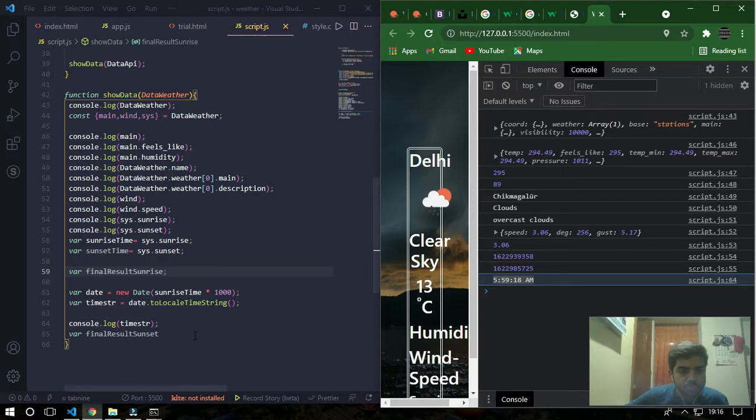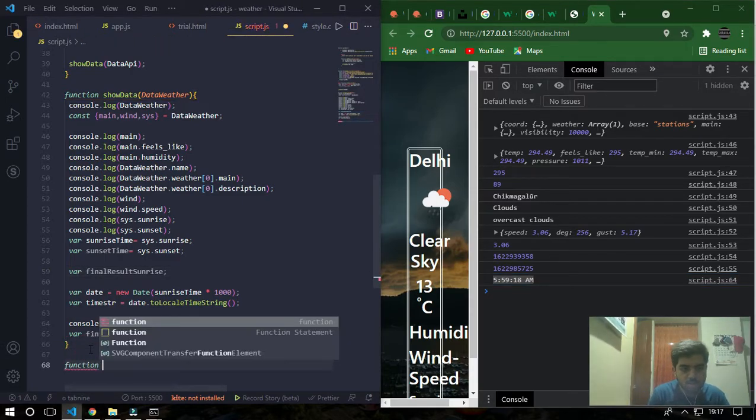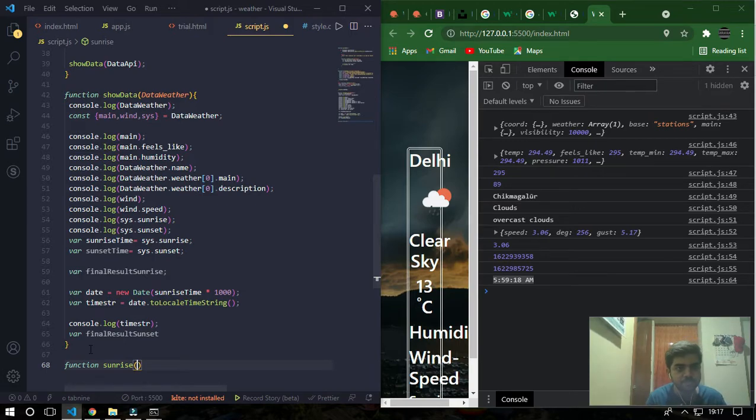So similarly we'll just make it in a separate function, sunrise. We'll take an argument as, no, is this required? Okay, let's do it in a separate function itself.